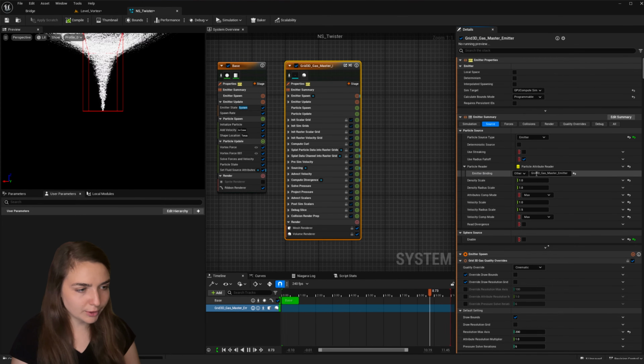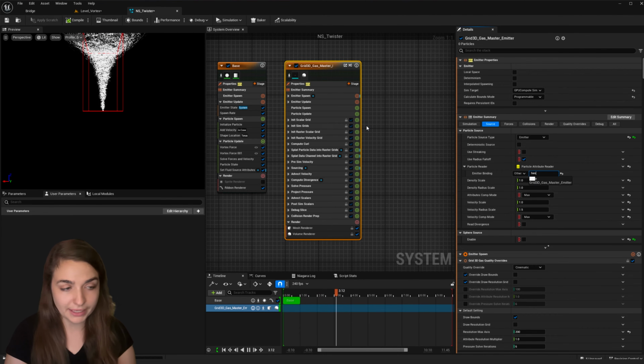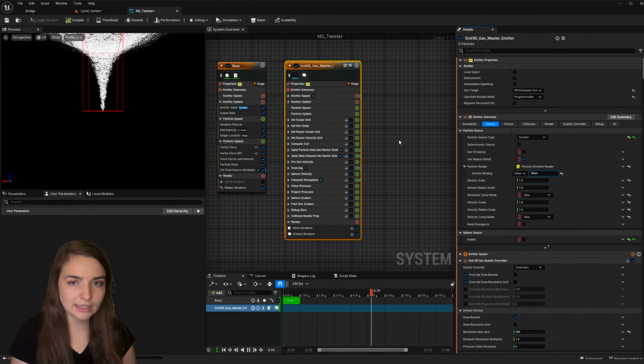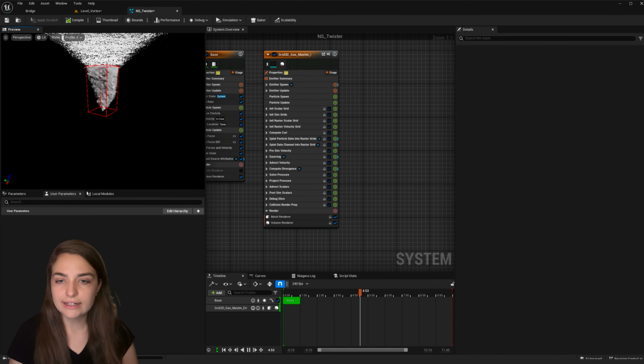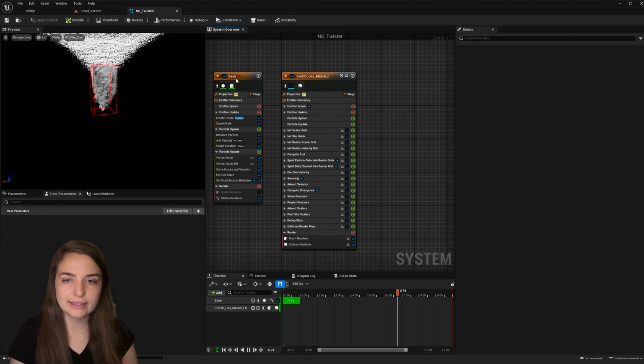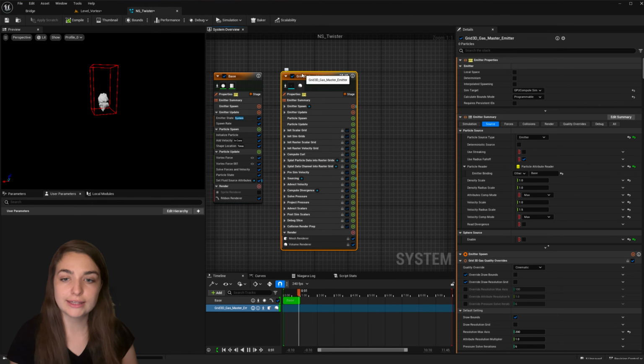And now under emitter binding, we want to plug in whatever we named this emitter. So I named it base. So I'm going to type in base, click, and then disappear. And now we can see that the smoke is taking effect on the particles that we made in this effect. But they're a bit limited, so let's adjust some of these values to create that cool effect that I had